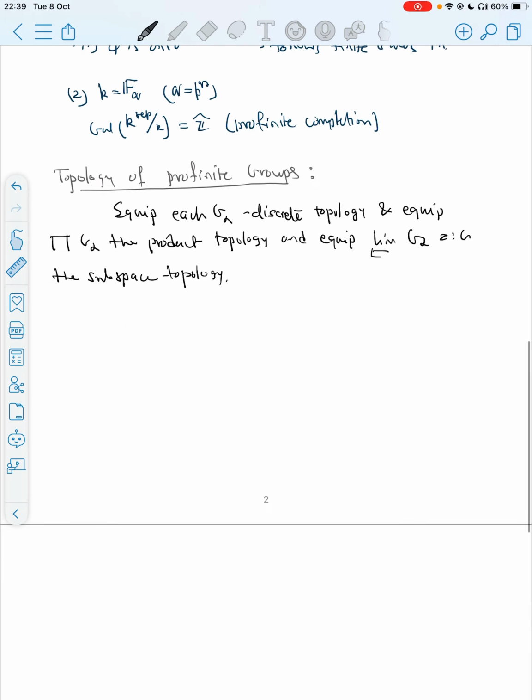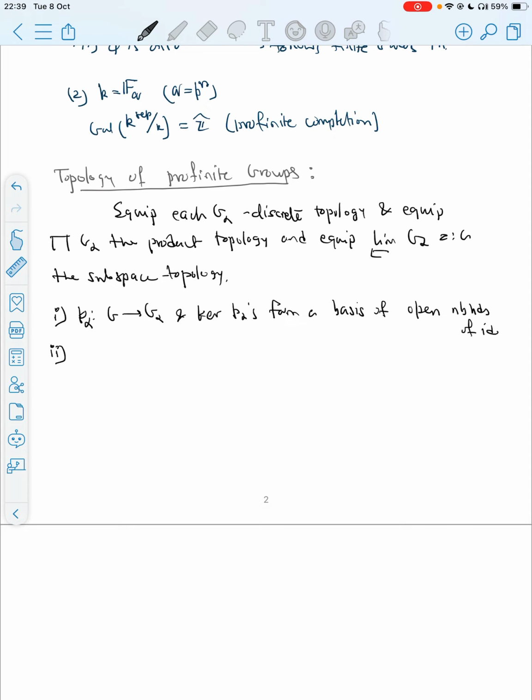And let me write some facts. I'm not going to prove them, otherwise it will take some time, although these facts are pretty easy to check. So fact one. So we have these projection maps, right? From this G to G_L, because G is indeed a subset of the product of G_L. So we can talk about the projection. And one can show the kernels of these maps, these P_alphas, form a basis of open neighborhoods of identity.